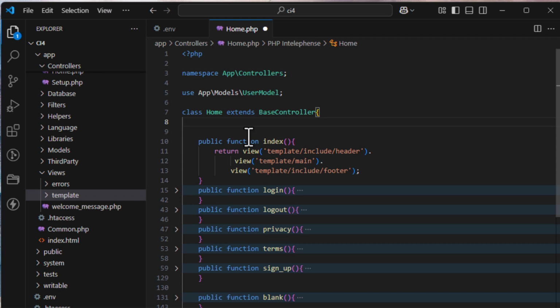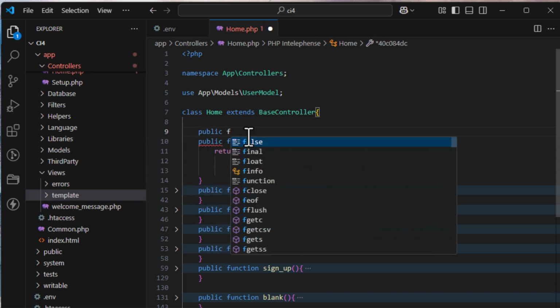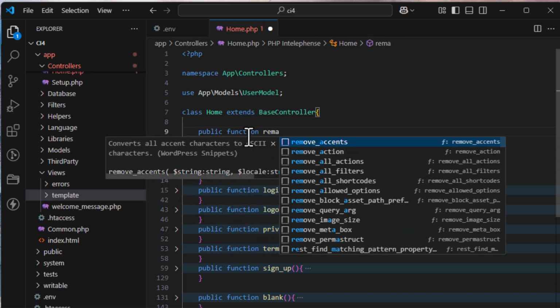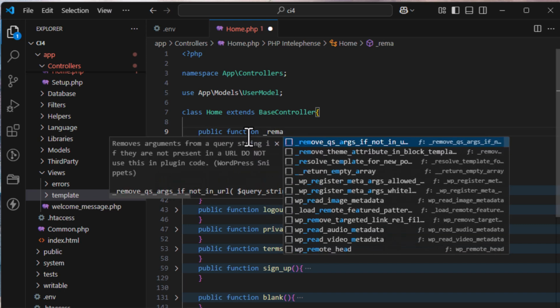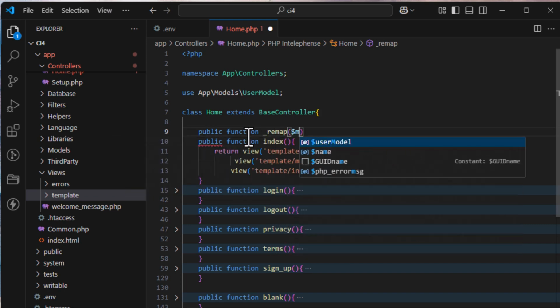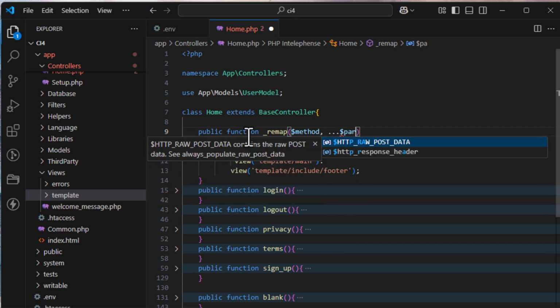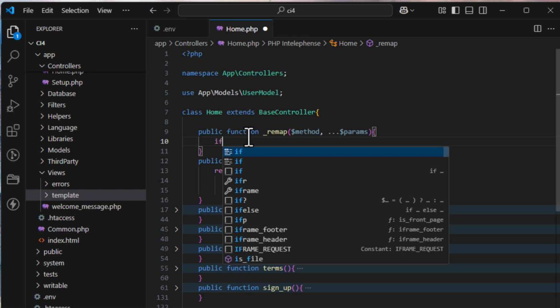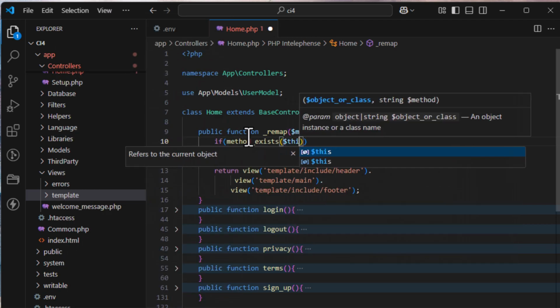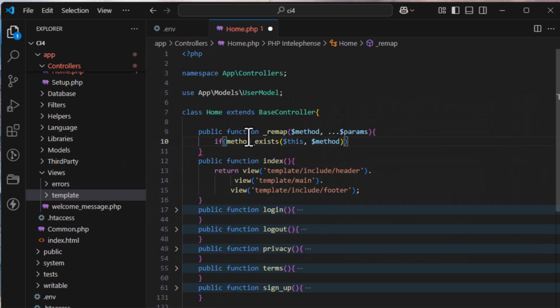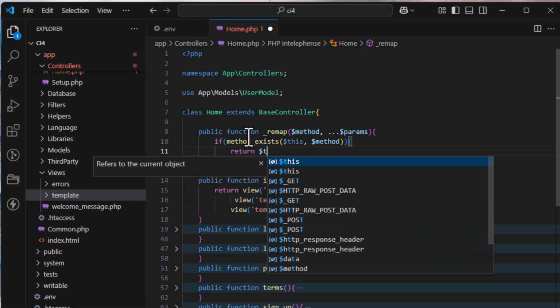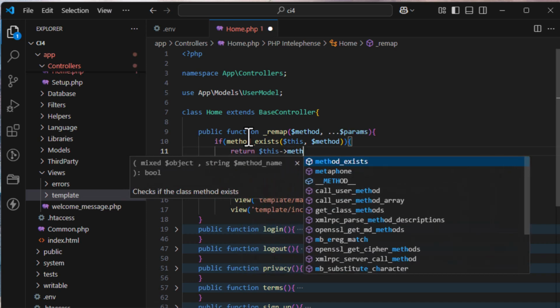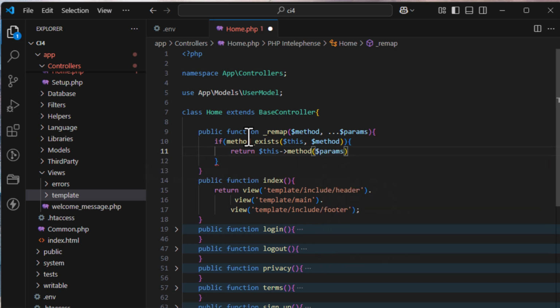Let's dive into the code and see Remap in action. First, inside the controllers folder, we will open the Home controller, which is our default controller. In this, we will create a function remap. It takes two parameters, one is method and the other is parameters. If the method exists, then the method will be executed, else we will show a custom 404